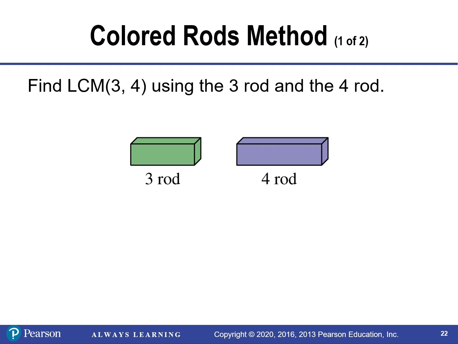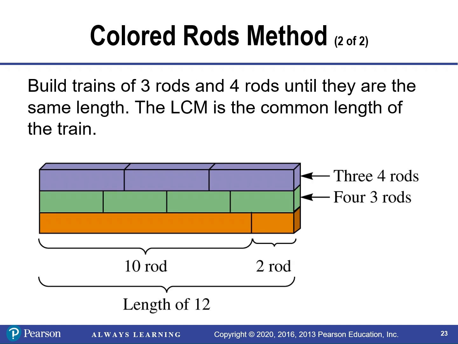We could also use colored rods, very similar to the number line method, by taking a 3 rod and a 4 rod and seeing if we build trains of 3 rods and 4 rods until they're the same length. The least common multiple is going to be the common length of that train. So it took 3 4 rods and 4 3 rods to match up at the same length,